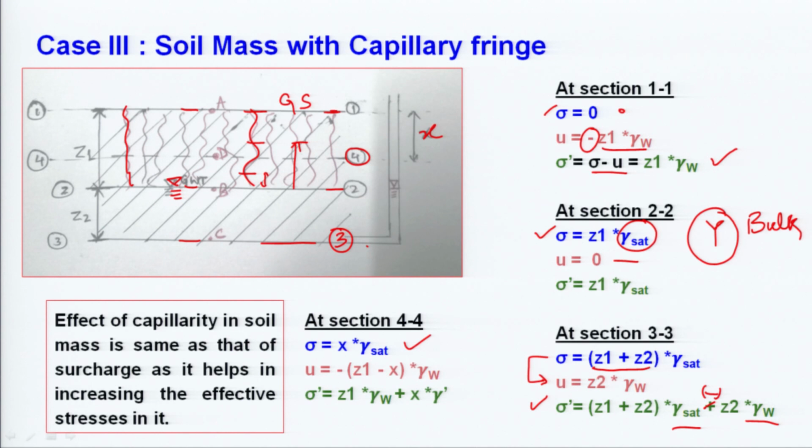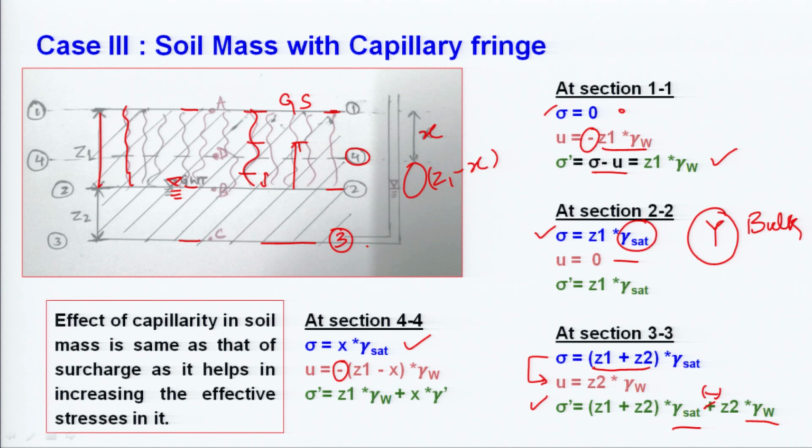If the saturation value is given to be lesser, then you will take the bulk situation, you will take gamma as simply gamma bulk, whatever is given in the question. The pore water pressure will be what? Negative. Why? Because for this region, this entire one is Z1, and for this portion that we are considering, that is Z1 minus x portion, the water is in capillary tension. So the capillary tension, therefore we are taking it with a minus sign.